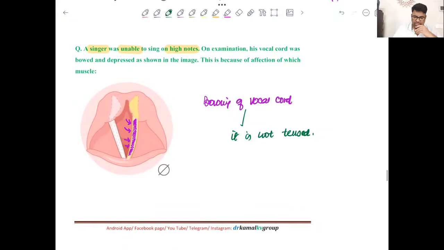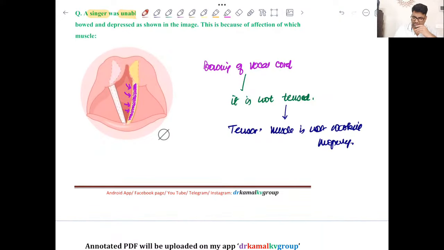So it means the muscle which is responsible for tensioning is not working properly, right? So the tensor muscle is not working properly, and the tensor muscle for the vocal cord is the cricothyroid,